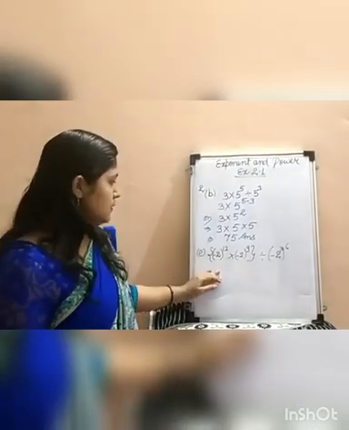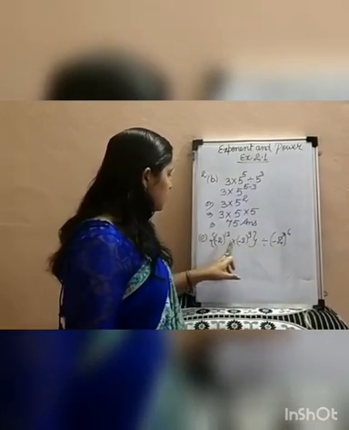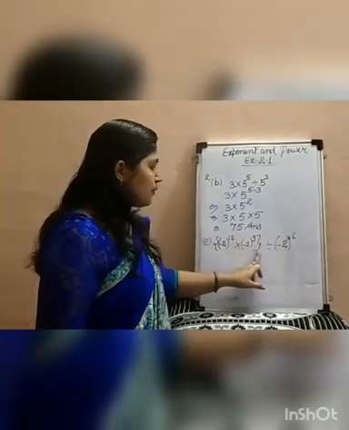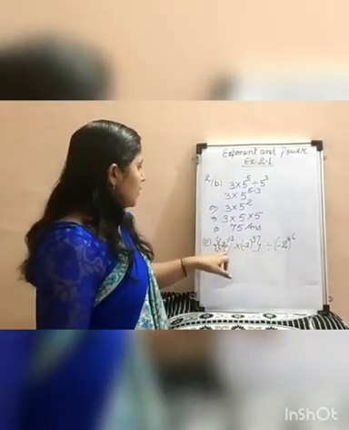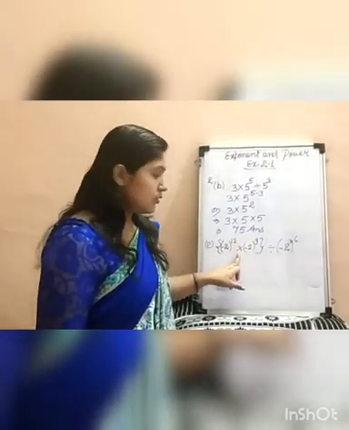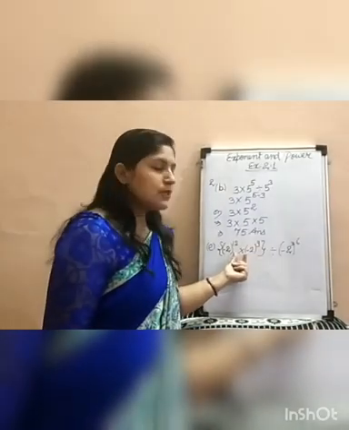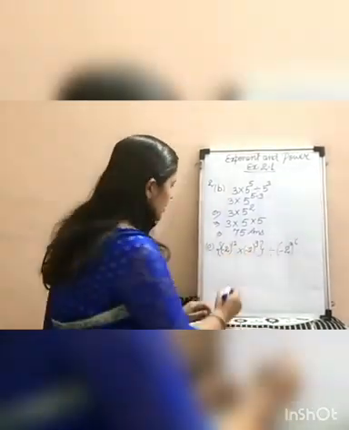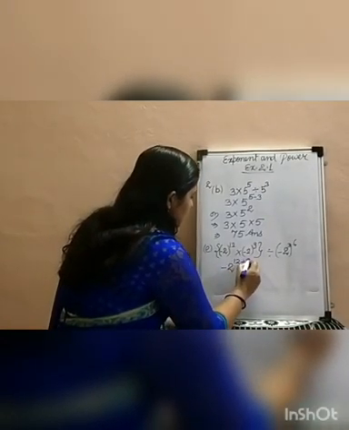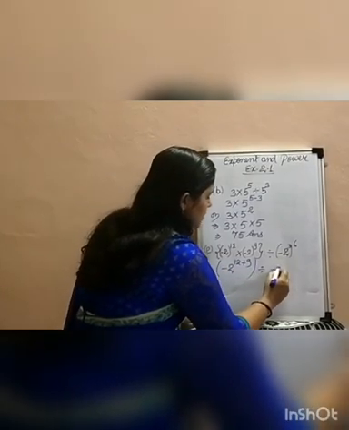The next question is, you can see here all the bases are the same. Minus 2 here, minus 2 here, minus 2 here. Inside the curly bracket, minus 2 raised to the power 12 and here is the sign of multiplication, minus 2 raised to the power 9. So if a multiplication sign is there, we will add the exponents. Here we can write minus 2, 12 plus 9, divided by this one, minus 2.